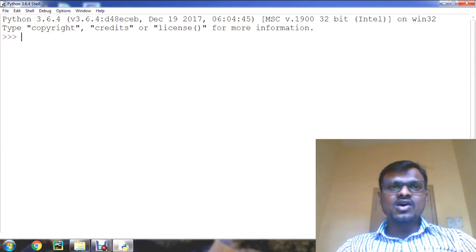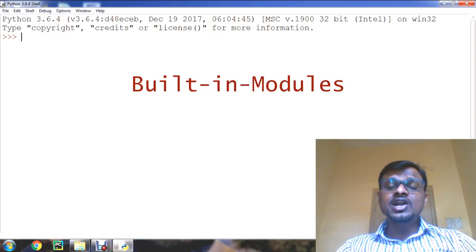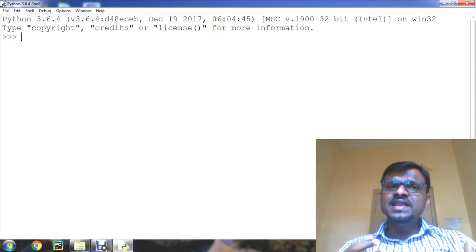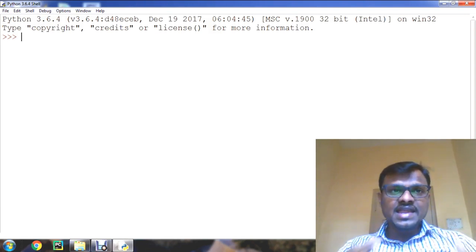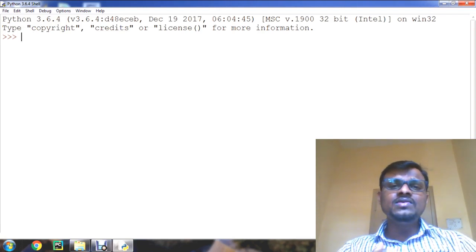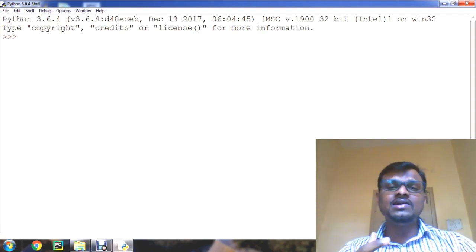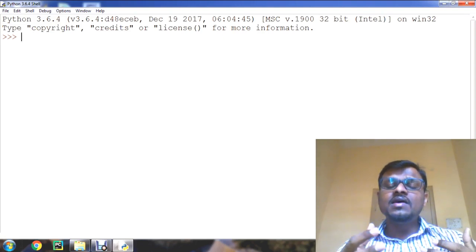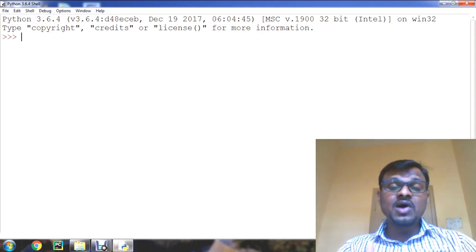Well guys, now we'll see some built-in modules available in Python. Python library has many built-in modules that are really handy to programmers. That means the programmer has no need to define those modules and no need to define the functions present in those modules.